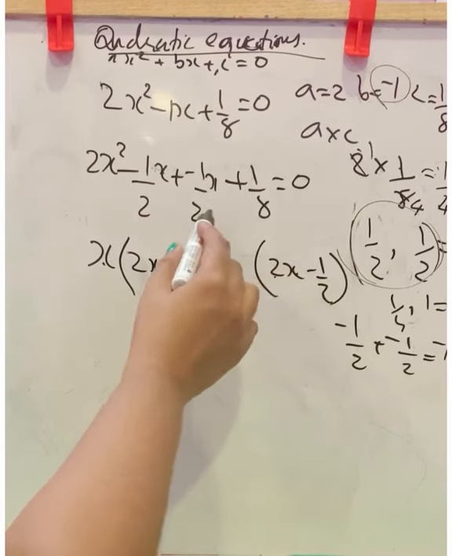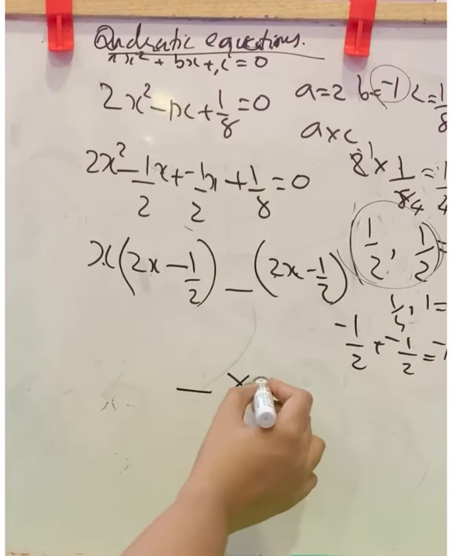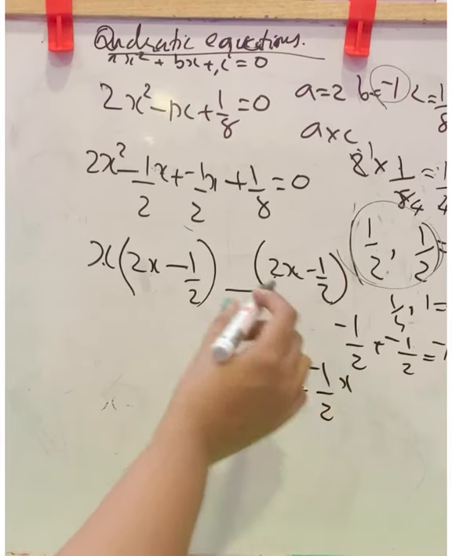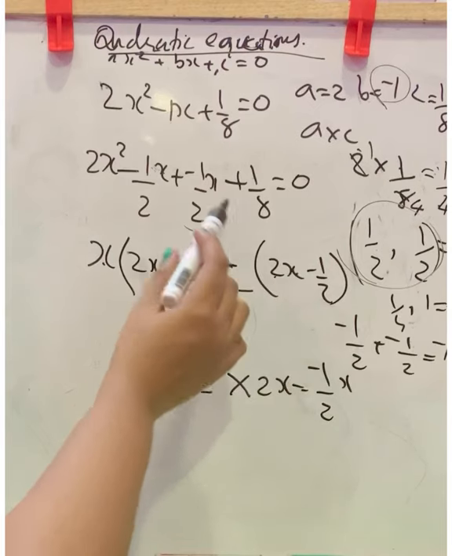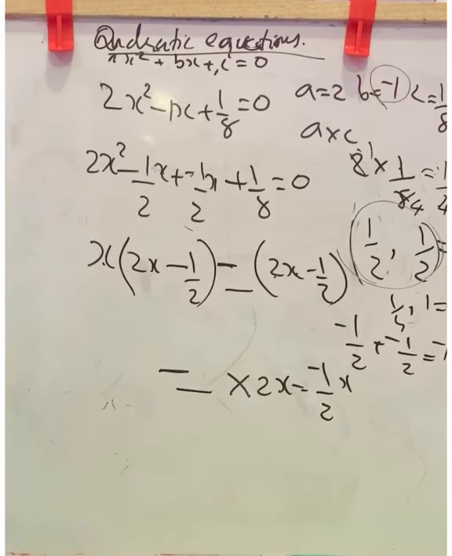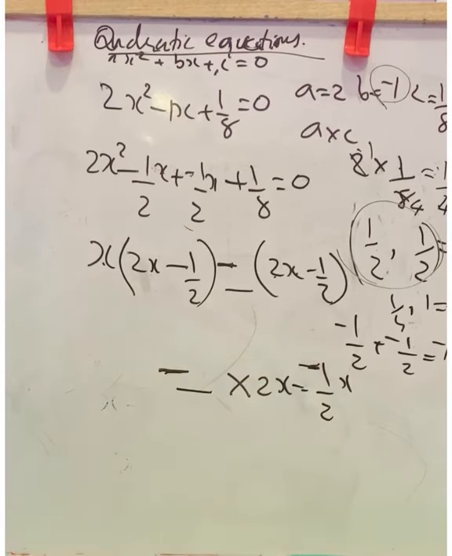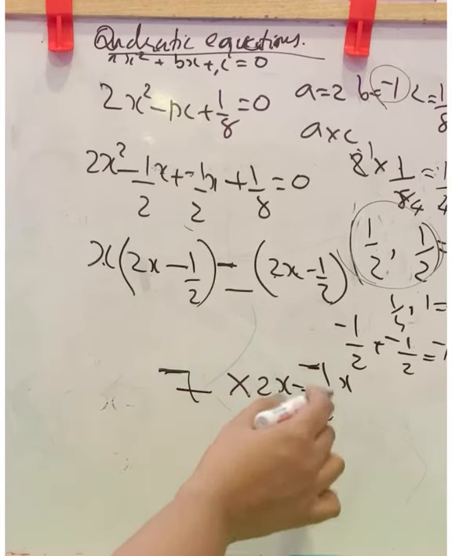Dash into 2x minus 1 by 2x. Check. Dash into 2x, you want to get minus 1 by 2x. So the sign must be negative. Here it is already positive, and here you need a negative result. So here it will be negative, then only the result will be negative. Now x is there, so we don't want an x term here. 2 into what is 1 by 2?